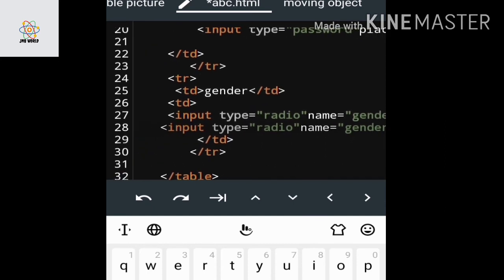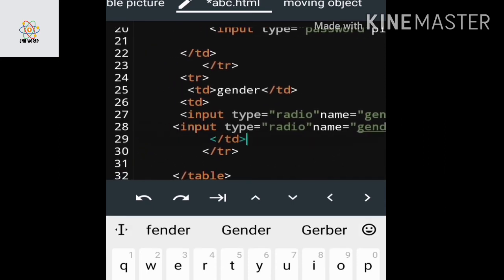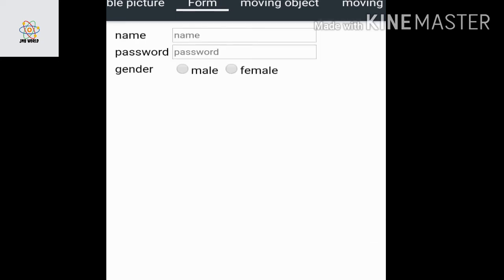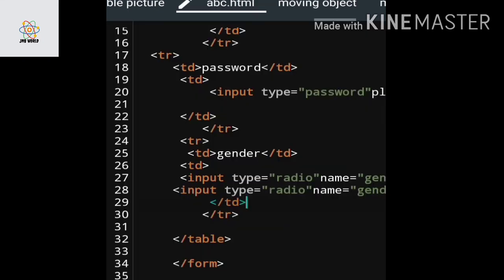So this has finished. Let's see what has happened here. See here, name, password, gender, male for the first and female for the second one.